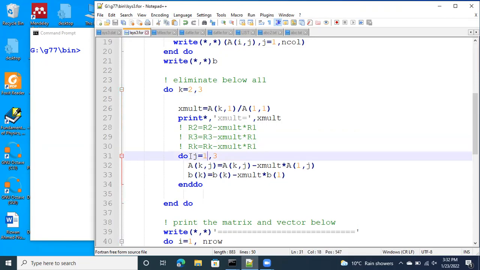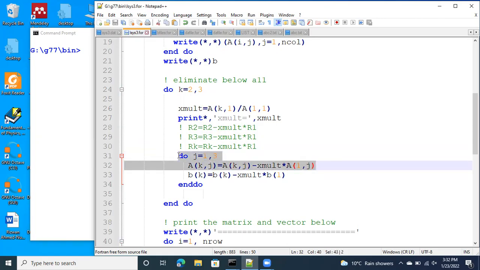And then in order to perform the calculations on element by element basis, I wrote this program line. So where the J index was varied in a row to implement the corresponding update from the row operation. And then this statement was written within this loop,